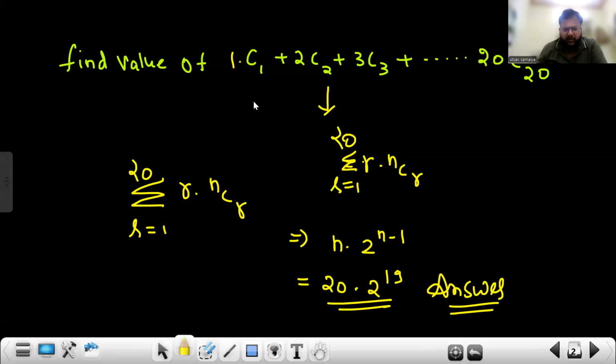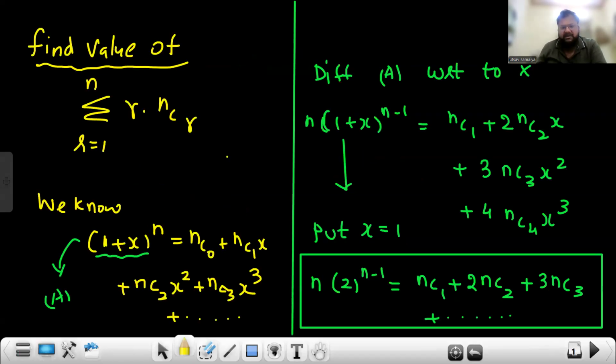I hope you understood the concept, because JEE Mains are definitely asking series summation questions. So you should know the concept, and they may change some data. For example, they will give you r square, r cube. The process is going to be the same. You have to think how many times we have to differentiate. Accordingly, we have to solve. So I hope you understood this question.